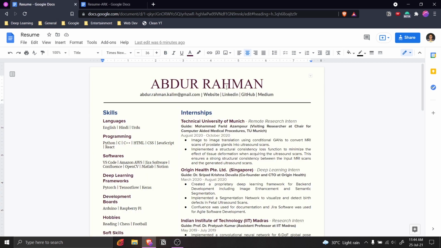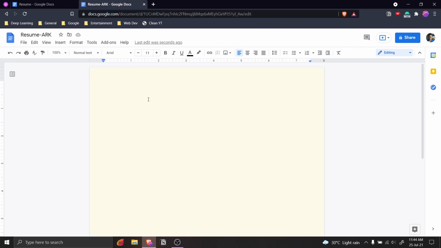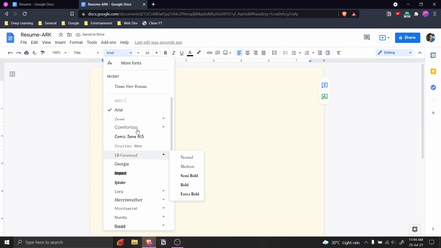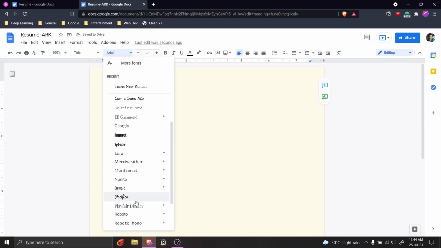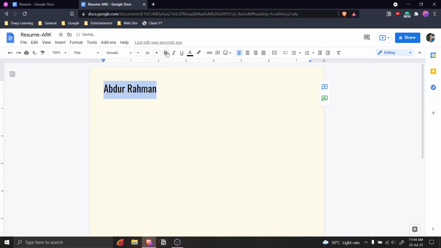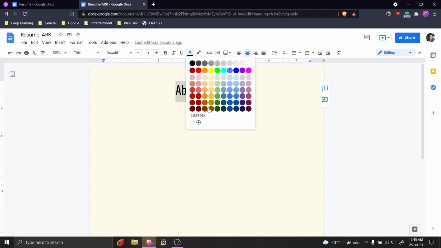The next thing to do is to add this title, right? So for that, just write the name. So here I'm just going to write it, and then we'll select this and we'll change it from normal text to title. Cool. And we can also configure the font here. So let's say we want this font, and we want the size to be a little larger, and yeah, center it. If you want, we can even change the text color. So I guess this color will be much better. Yeah.